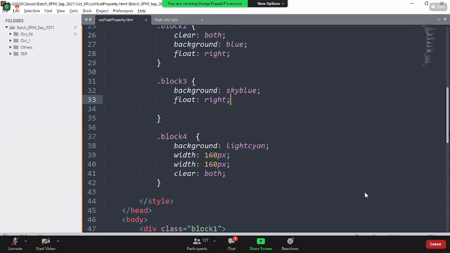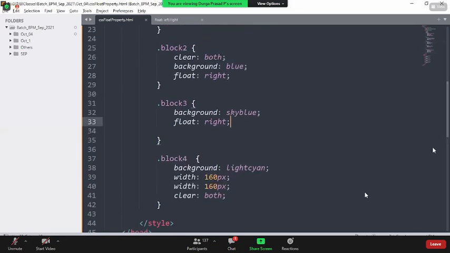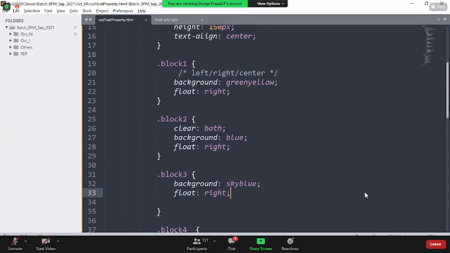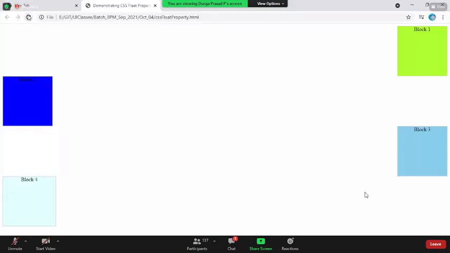So that is the abnormal activity that happens when you go with the float property, or if you don't use the clear property. So if block 1 is on the right side and we clear both floats, then by default it will go to the left side, no sir? Okay, when I say clear both, I have to fall under the left. If you don't specify the floating property, I'm coming into the left only.